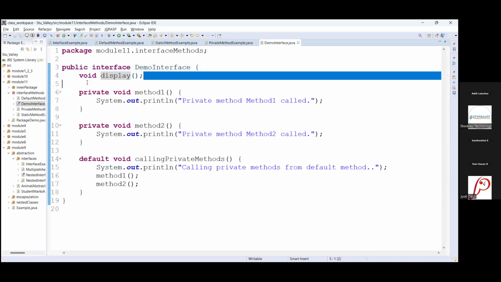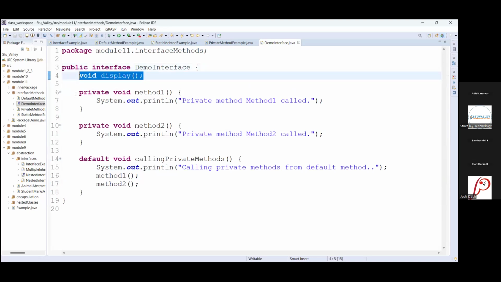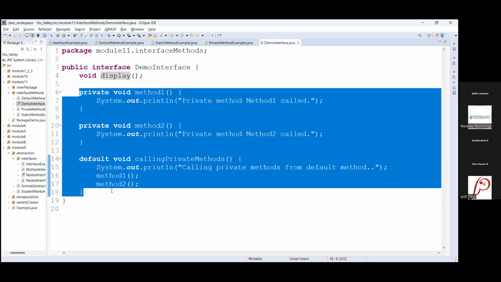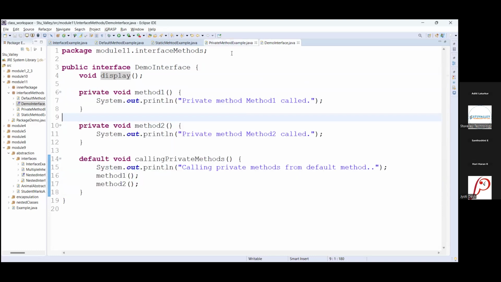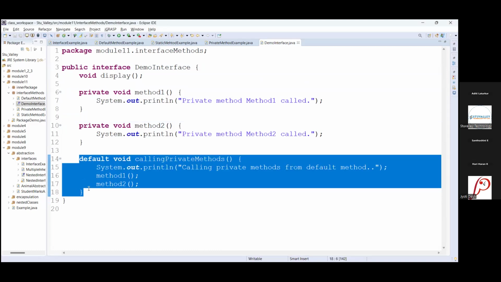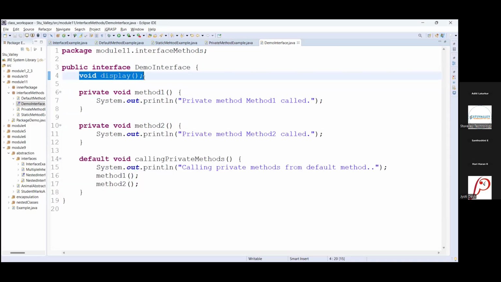Now here we have only a single abstract method. These are default methods and private methods, whose implementation is already given inside the interface itself. So we don't want to give the implementation to these. If you want to change the implementation of this method, then you can do it by overriding. But I just want to give the implementation to one abstract method inside the demo interface, that is display method.